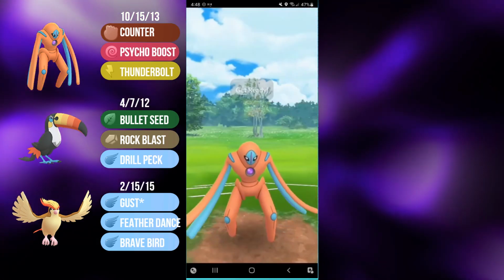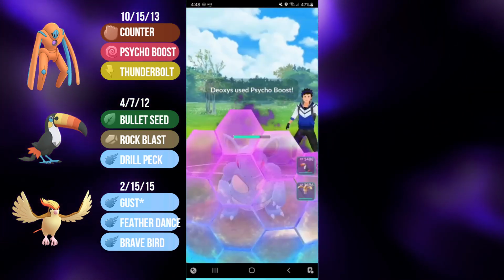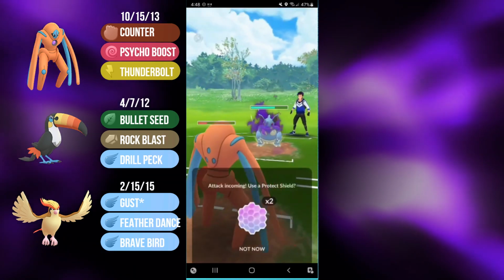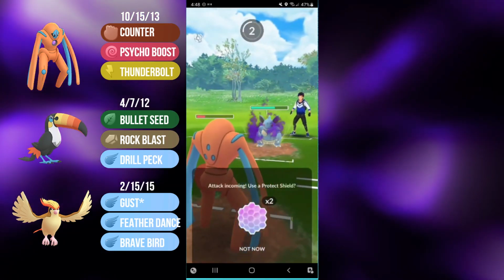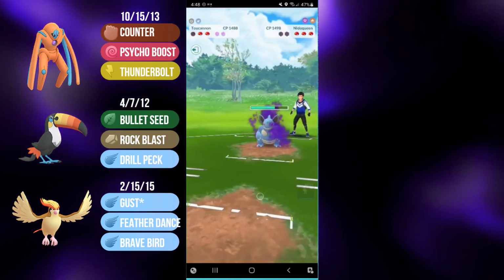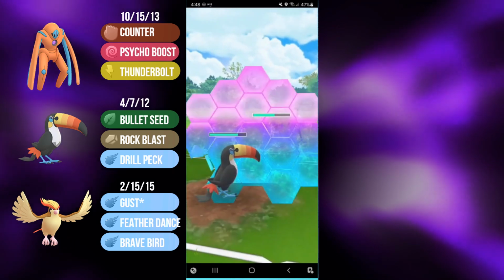They absolutely have to shield it, and now I'm going for Psycho Boost number 2. They will survive it, but it will get them quite low, so they do commit the second shield, and just like that, Defense Deoxys is able to get my backline a 2-0 shield advantage. I am going to let myself go down, and then it is TOUCANNON time, and TOUCANNON is able to get